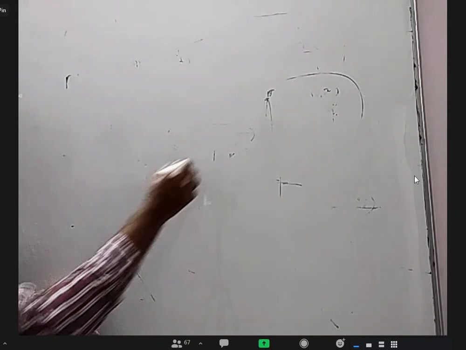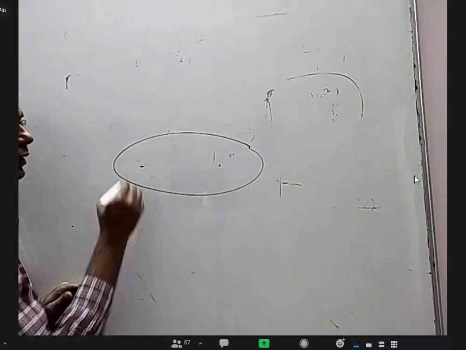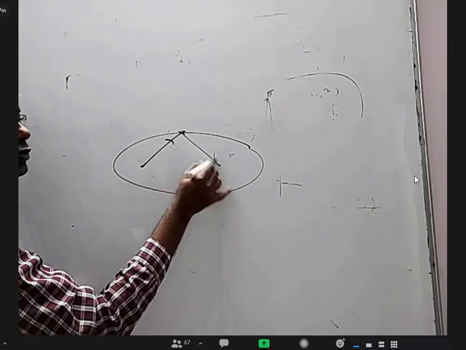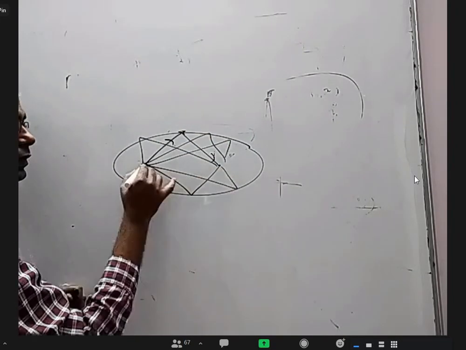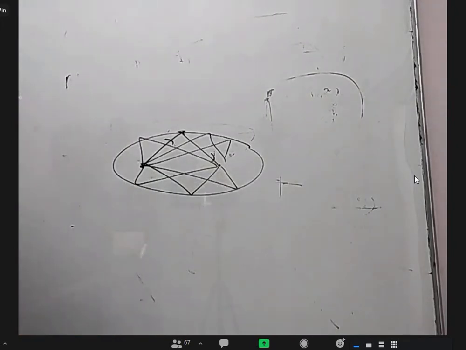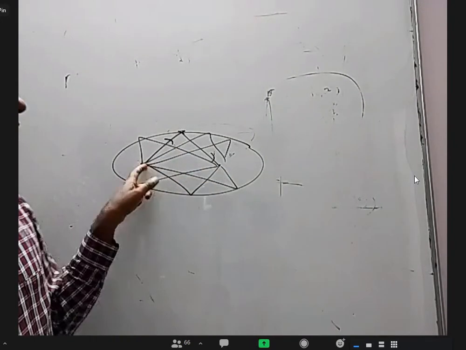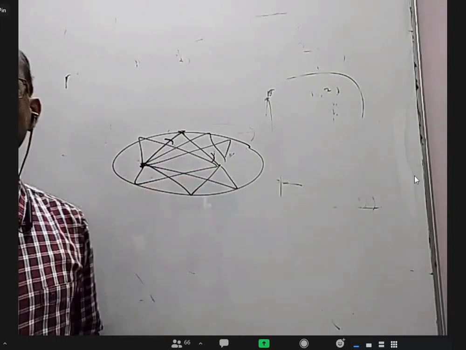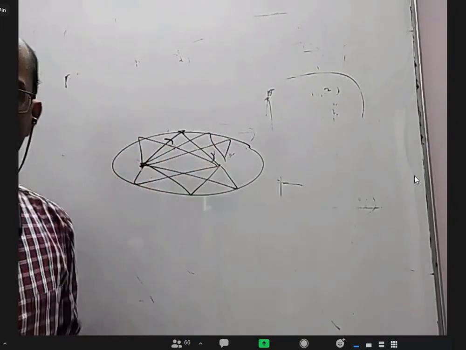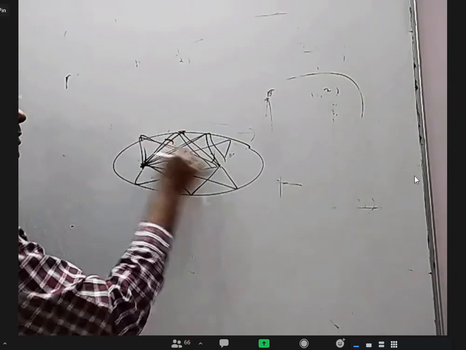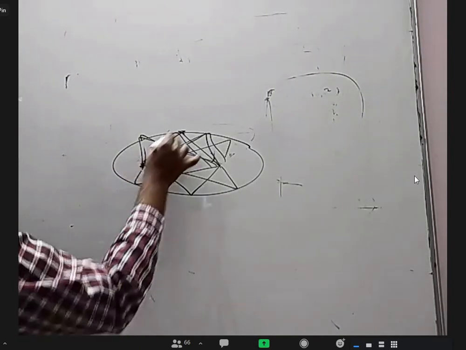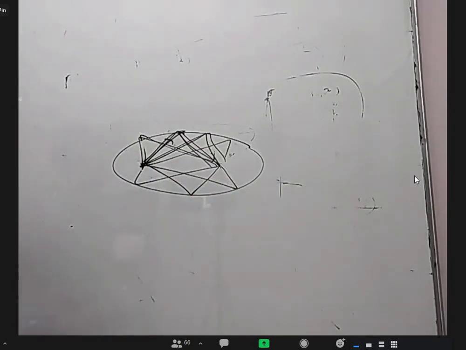I just want to talk about Fermat's theorem. So that is the reason if you take an ellipse, any light ray you send will go through the other point, because the sums of the distances are all equal. Correct? So according to Fermat's theorem, light will choose the path which takes the least time. But every path takes the same time, so any light ray sent in any direction will reach there. Is it clear? If this plus this, this plus this, this plus this are different, light will choose where this plus this is least. But if all are the same, light will travel in all those directions.